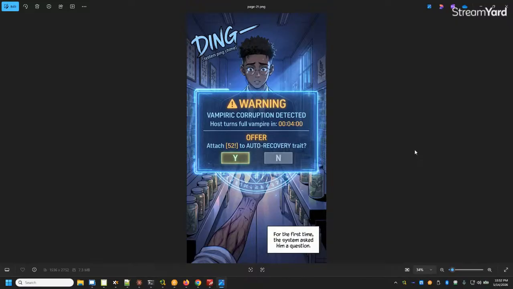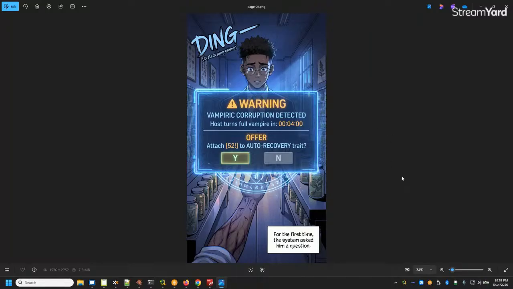And so this is where he finds out about his factor 52 factorial trait, right? So attach 52 factorial to auto recovery. So if you could multiply your healing ability as a human by a factor of 52 factorial, that would be faster than, well, can you be faster than instant regeneration? I guess you could. I guess you could not. Because you can't really get faster than zero time, right? Because what does negative time look like?